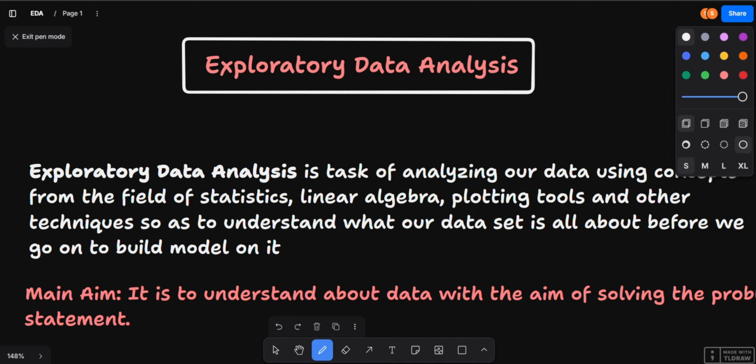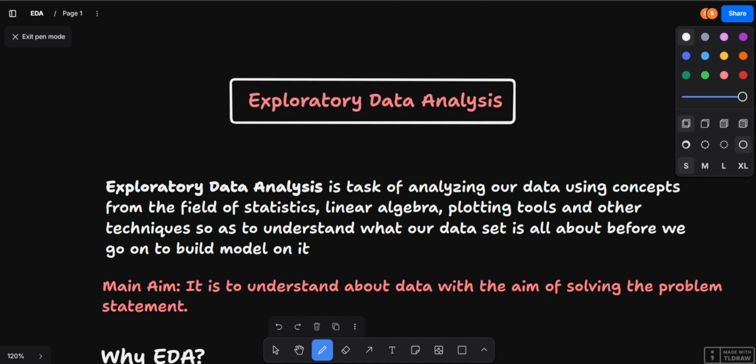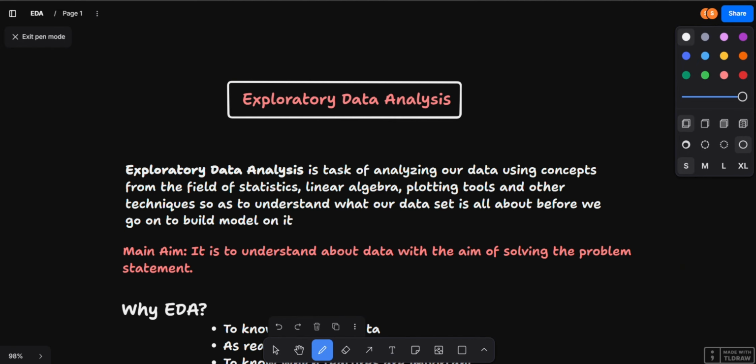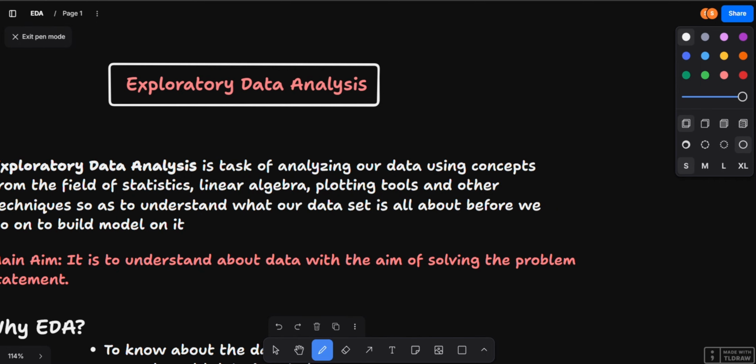Exploratory data analysis is a task of analyzing our data using concepts from statistics, linear algebra, plotting tools and other techniques so as to understand what our dataset is all about before we go on to build a model on it. Okay, so they are saying that once we have